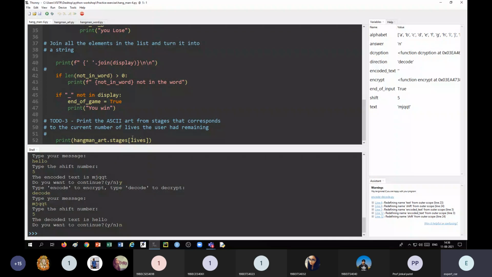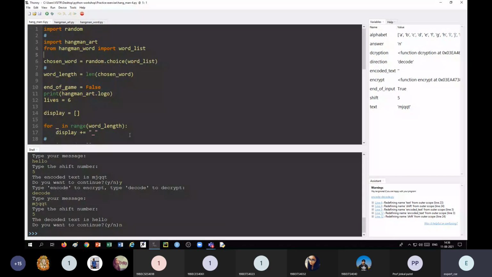But suppose there are two or three such variables or functions which we are going to use from a particular module, then we can also write it this way. For example, from hangman_word import word_list.